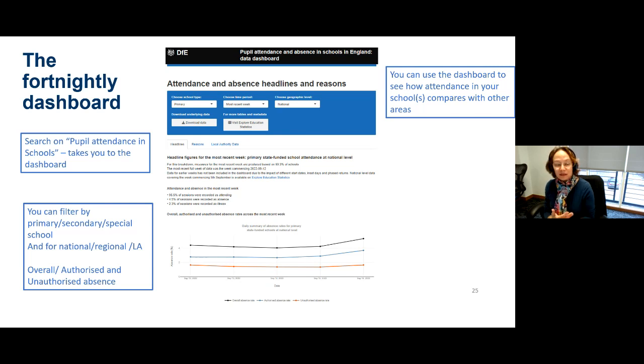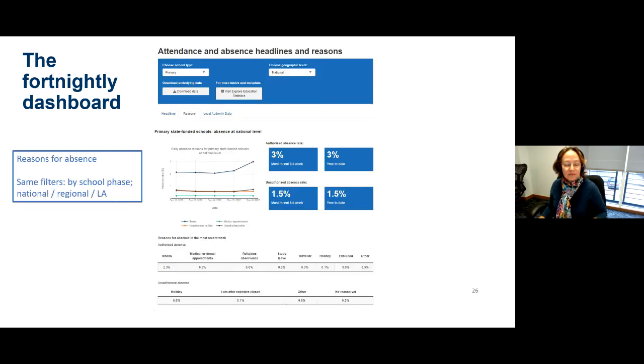The reason this is important is that it allows schools to see how their attendance compares with their local authority, with other primary or secondary schools nationally or regionally, and in a very much more timely way than was previously possible.